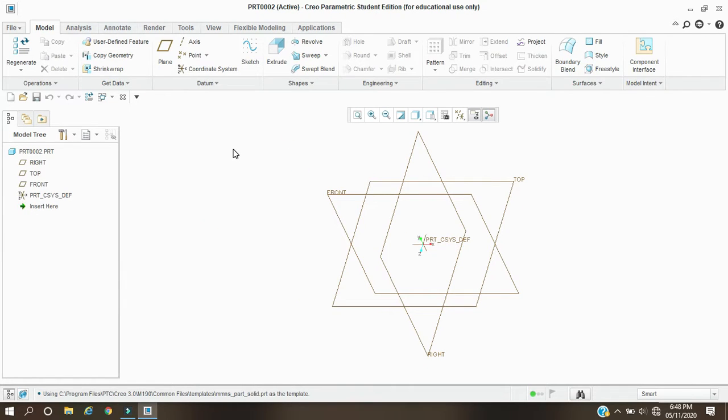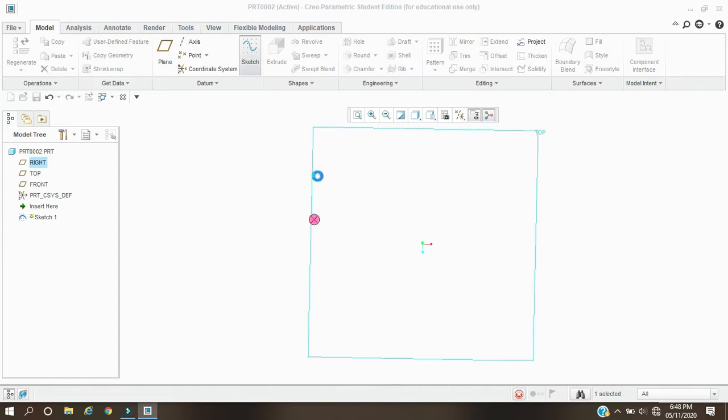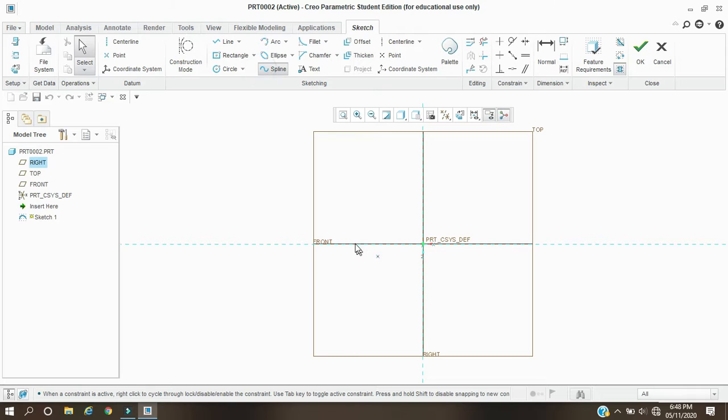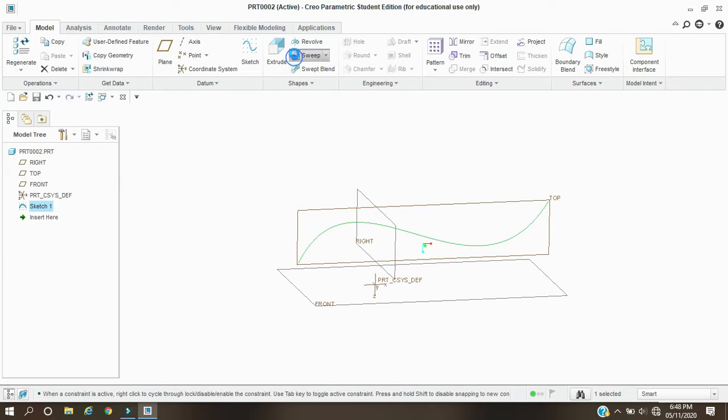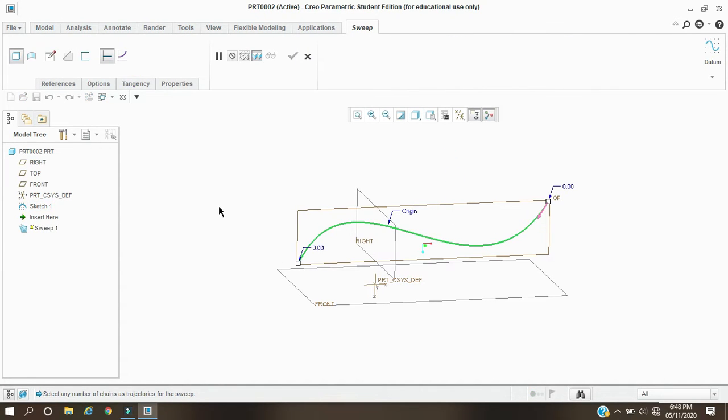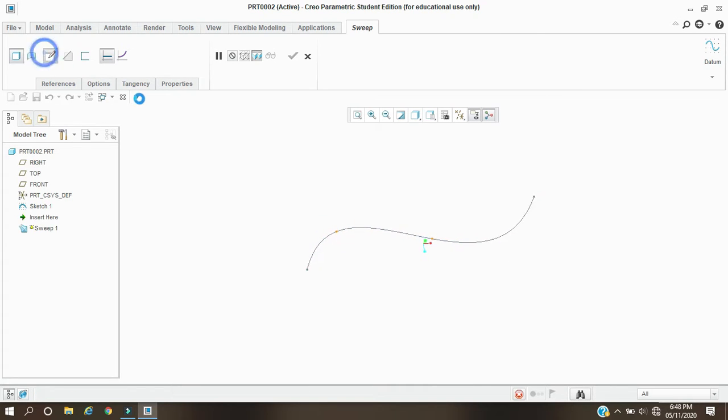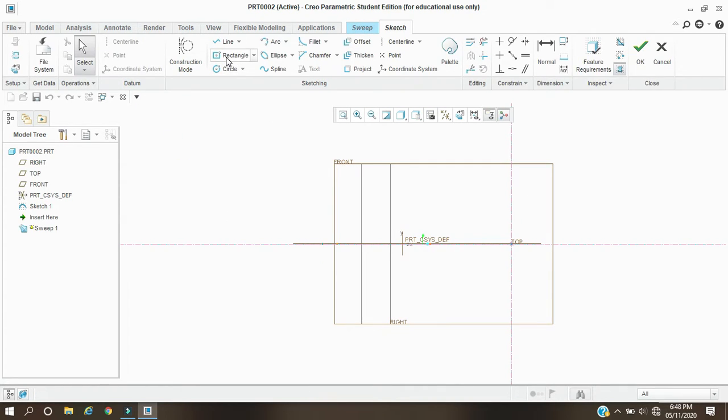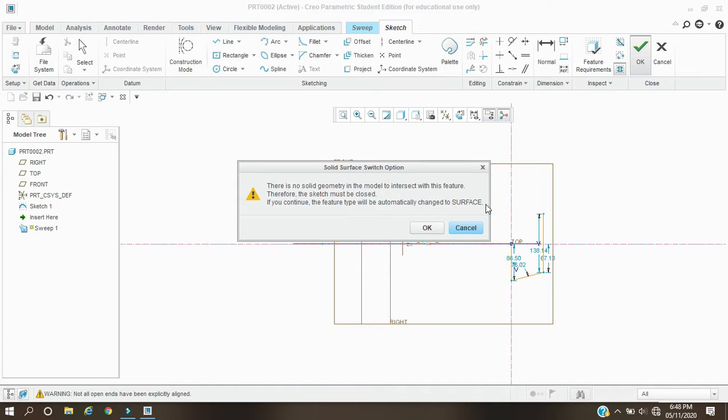And now we're going to see the sweep for a surface. For that, first we need to draw a trajectory line, same as for a solid. Then open the command and select the required point as the point of the normal plane. And for a surface, any cross section is allowed, closed cross section and also open cross section, both can be swept. For example, I am going to sweep this open cross section. Here a message comes that it automatically changes to surface.